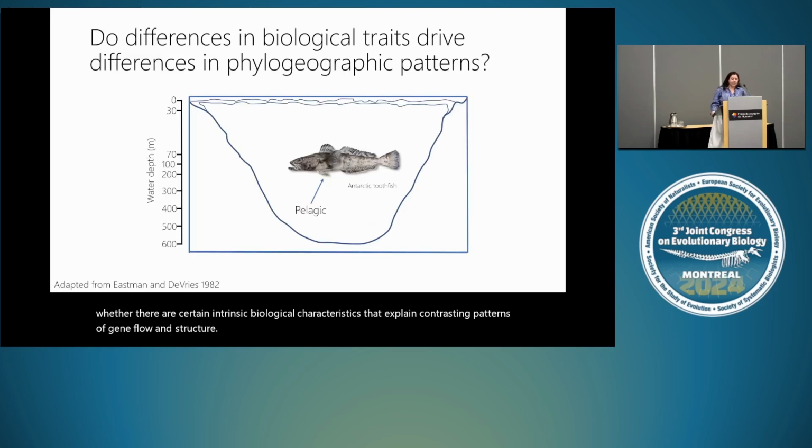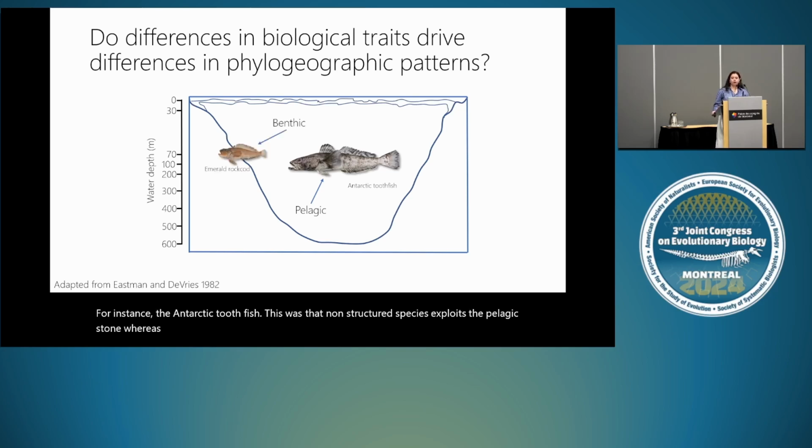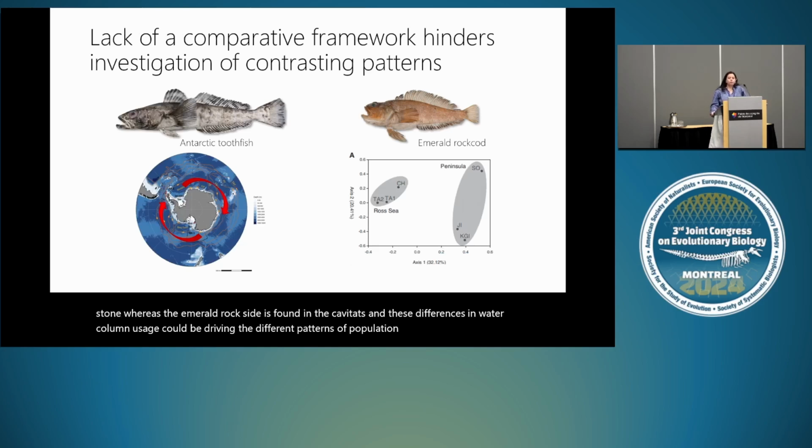For instance, the Antarctic toothfish, the non-structured species, exploits the pelagic zone, whereas the emerald rock cod is found in benthic habitats, and these differences in water column usage could be driving the different patterns of population connectivity. Unfortunately, though, most of the phylogeographic studies we have for notothenioids at a continental scale have really only focused